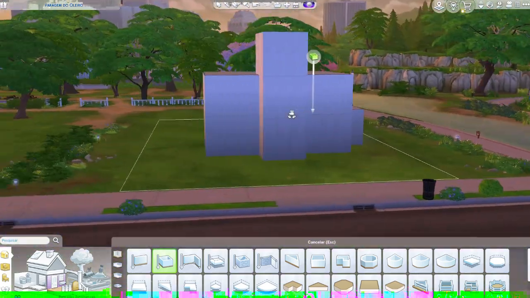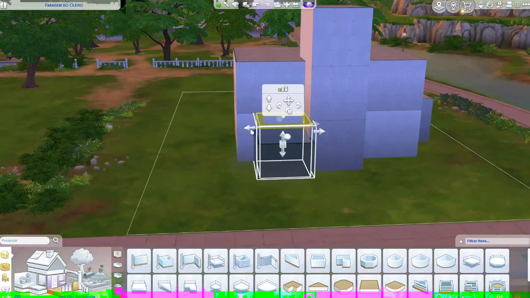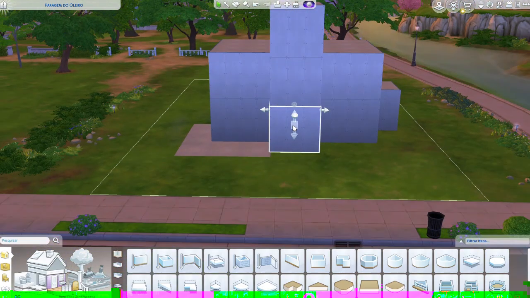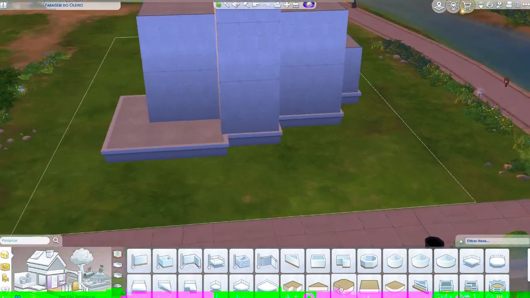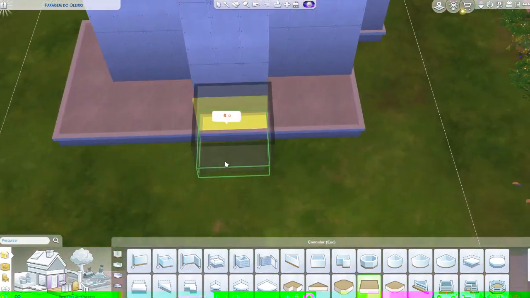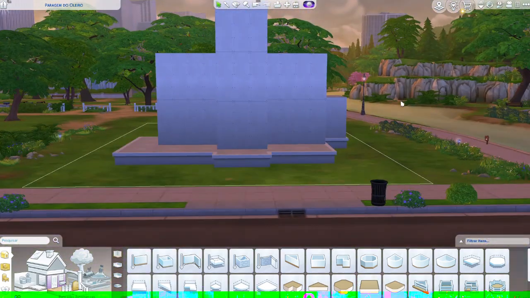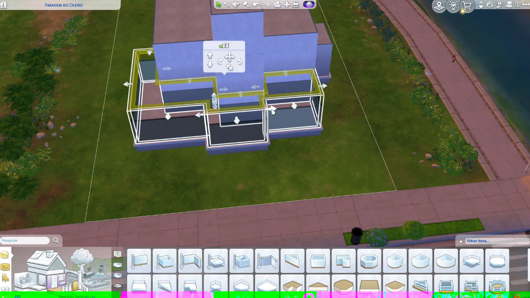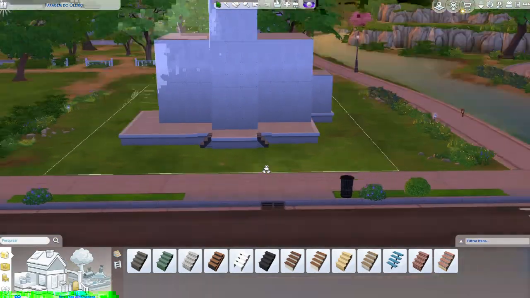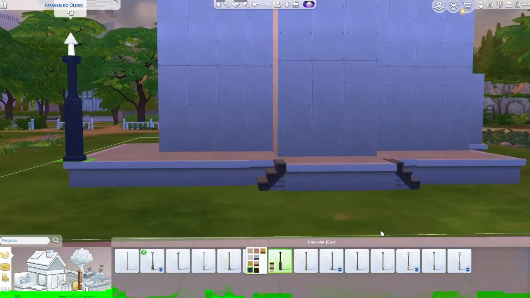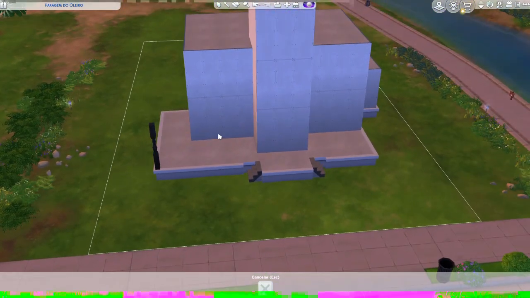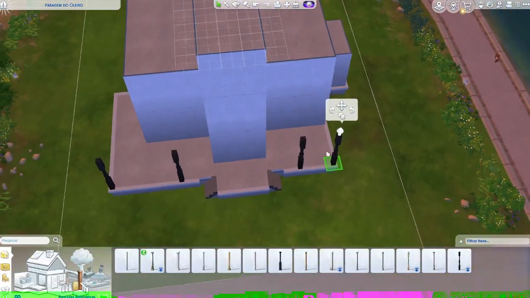For this house, I tried to build a haunted house, or like an abandoned mansion. Oh, and for this build, I made a story before I tried to build it, and you can see the whole story in the description of the gallery of this house. So, for the story of this, it's basically